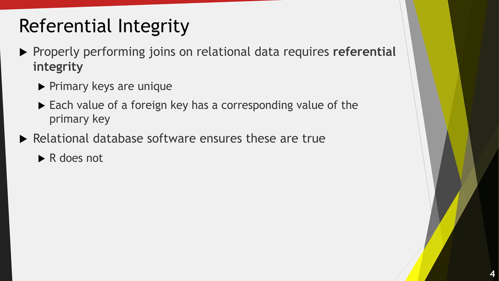Referential integrity is an important concept in relational data. In fact, properly performing joins on relational data requires referential integrity. As we saw in previous videos, referential integrity requires that primary keys are unique and that each value of a foreign key has a corresponding value of the primary key in a different table. Relational database software ensures that these facts are true. R does not, and so if you want to check for referential integrity, you might have to do a little